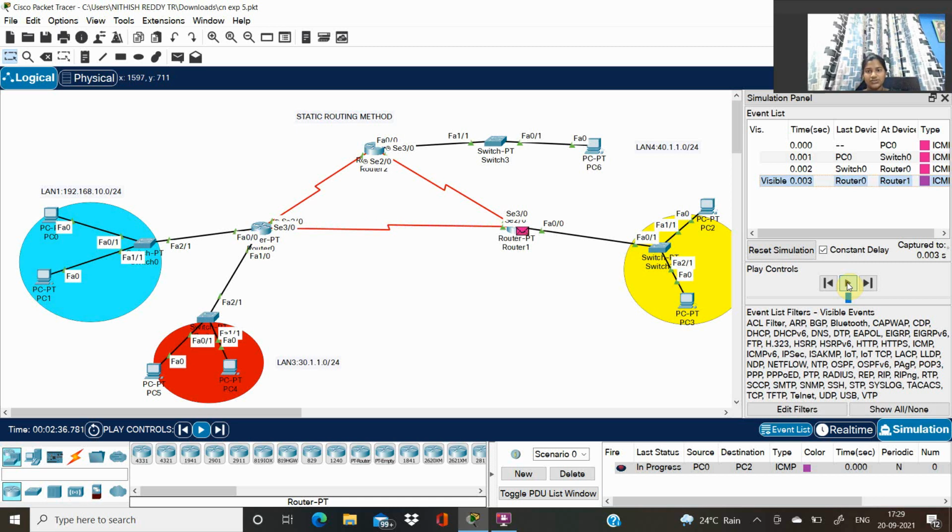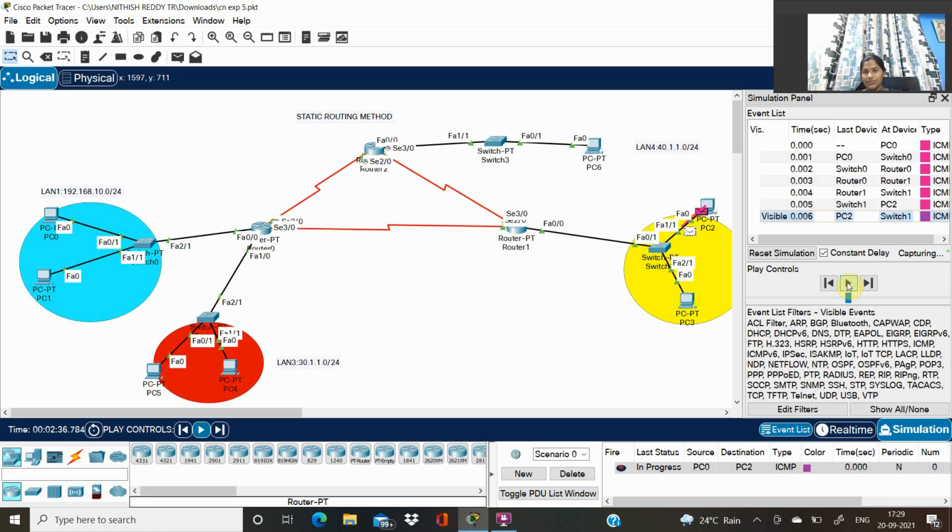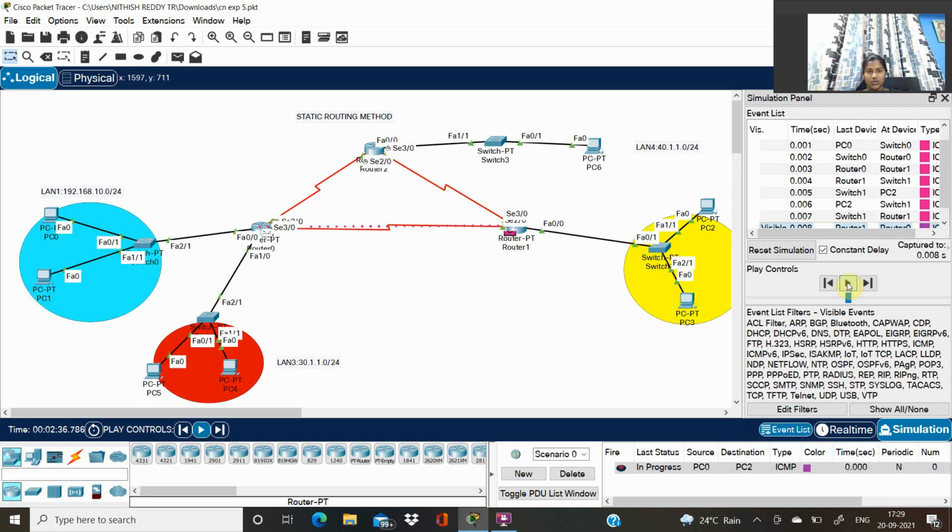From router 0 to router 1 it is sending, then from router 1 to switch 1, then from switch 1 to PC2. From PC2 again to the switch, the router 1, router 0, then switch 0, and then PC0, and it is showing successful.